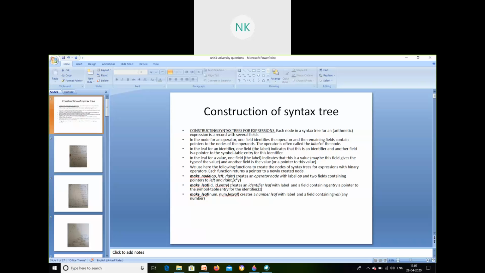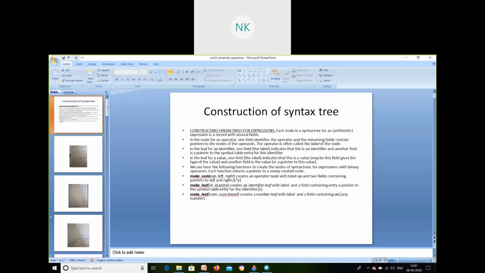The technique for creating just an identifier: a to z, any word, you call it an identifier, correct? So make leaf id, comma, id dot entry. Here I have taken the identifier as z, so id comma z dot entry it should be.